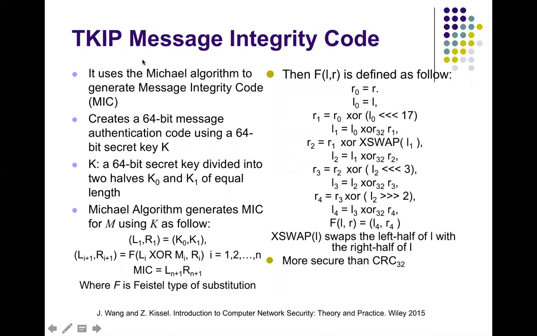So for the integrity check value, instead of using CRC32, WPA uses the following algorithm, which uses a secret key. Okay, we now recall that CRC32 doesn't use any secrets, which of course is not good. In particular, here,